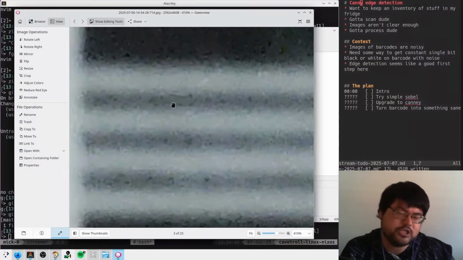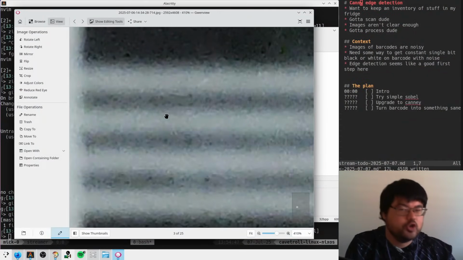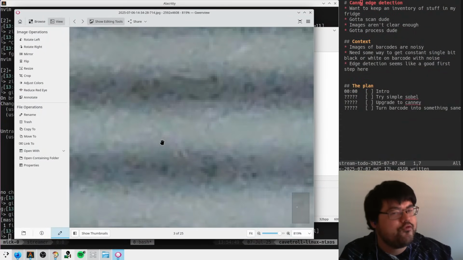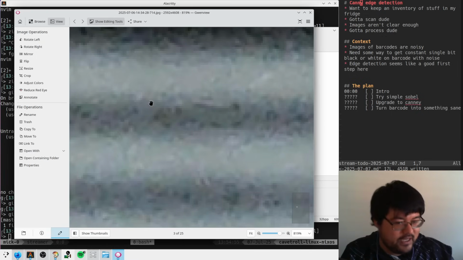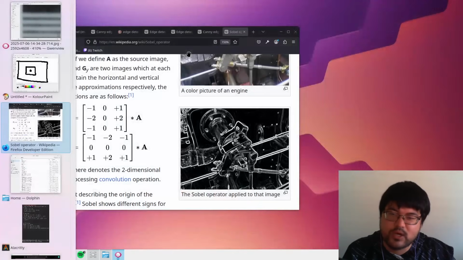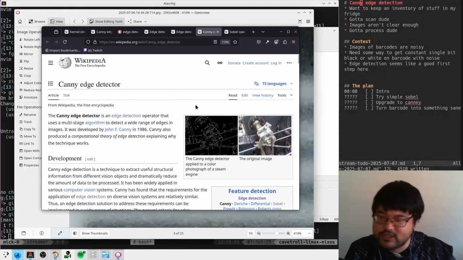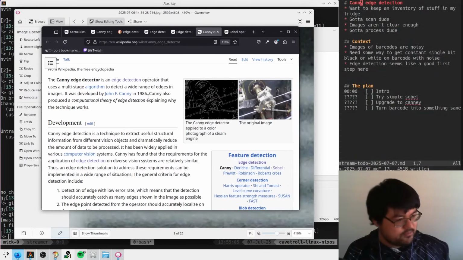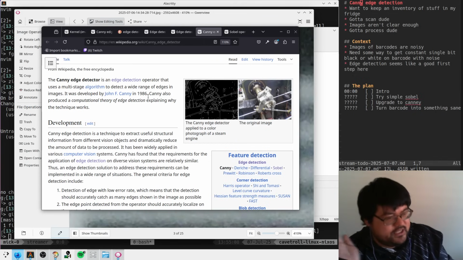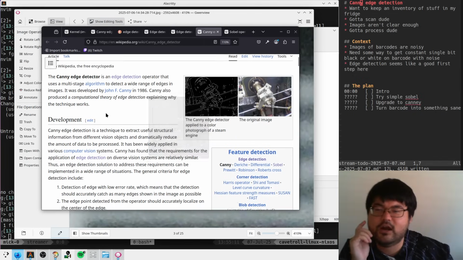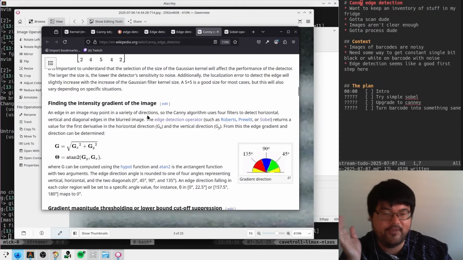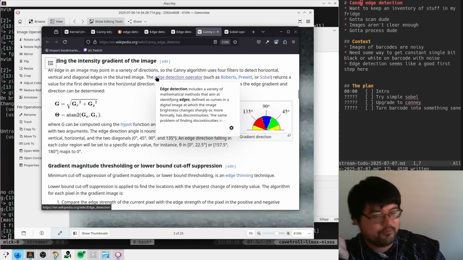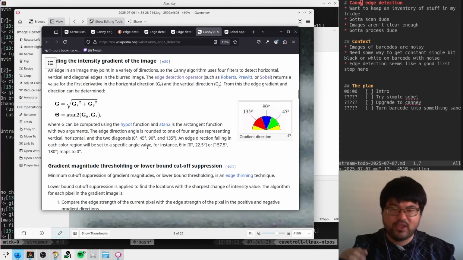Now, just looking at this, I assume that that won't be good enough, right? That is so noisy that there's not a clean line as it is in the picture, right? So when I was reading the steps of the Canny detector, it all seemed like stuff that I would do if I were to sit down and think about the problem a lot, right? So they're kind of just like, blur it a little bit, and